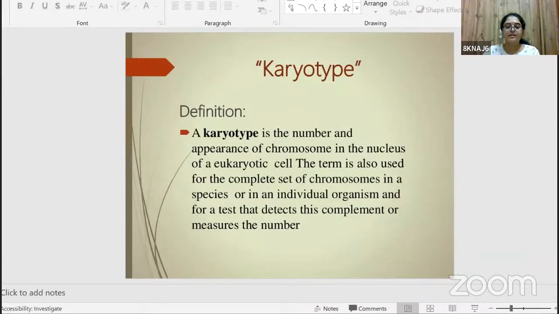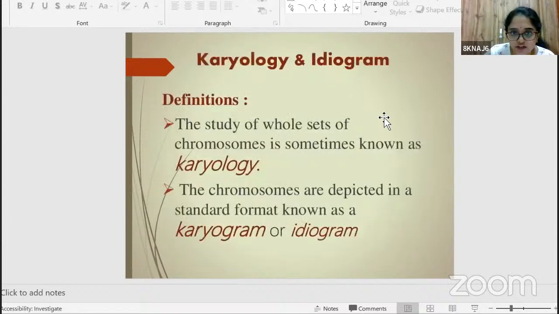So the basic thing is you have already seen. I have given you a brief introduction regarding chromosomes. I'm not going to go into the details of the chromosome, its structure and function, because we have already dealt with it in the previous class. So just for the sake of introduction,